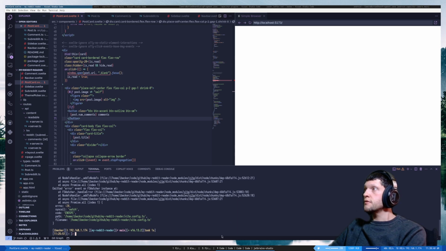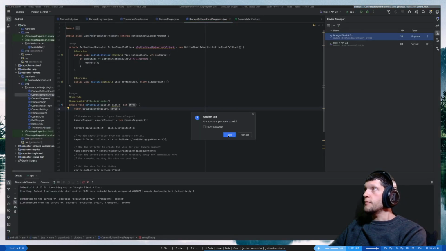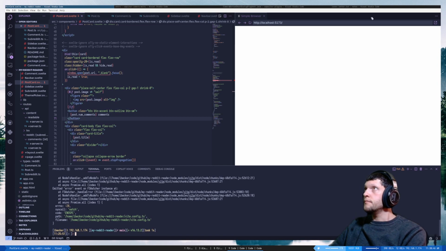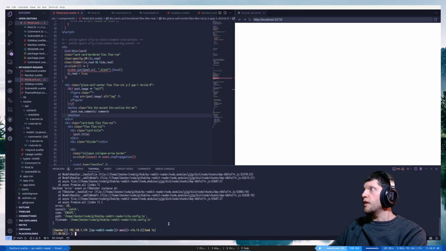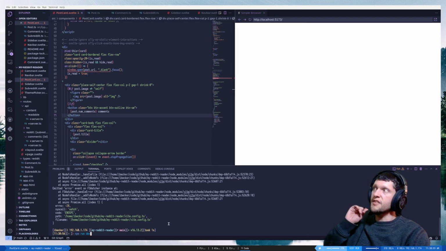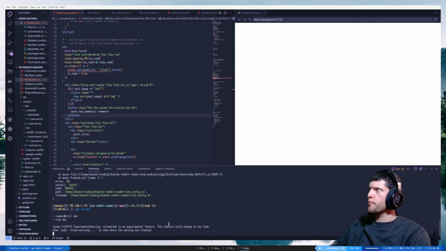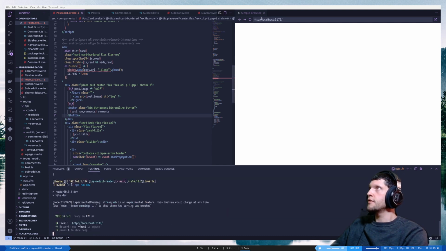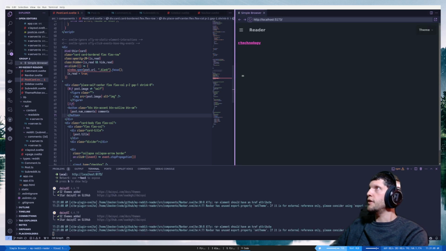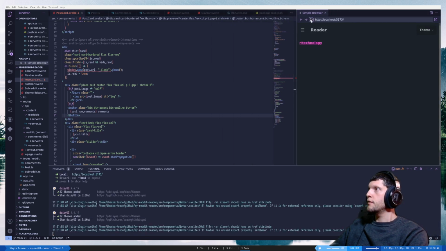Let me close my Android Studio. Close that. Let's close some of these other windows. And let's see if this error goes away now. Cool. Perfect. We should be able to load it here. Yep. Looking good. Now, last time I was streaming some Svelte, one of my viewers suggested I take a look